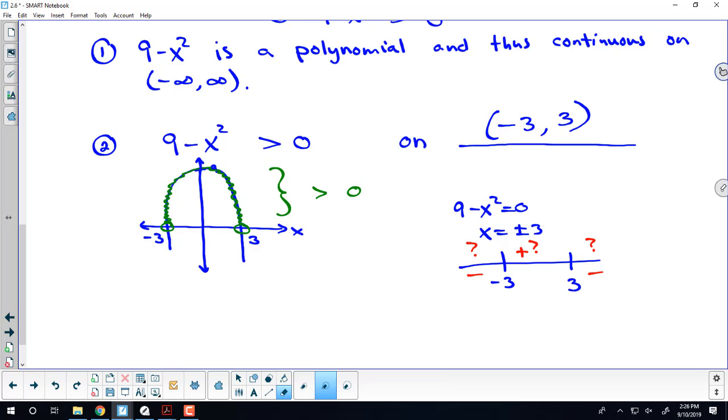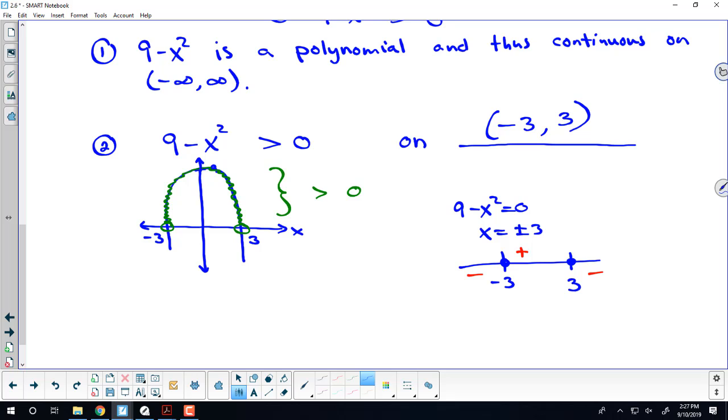So in effect, you're looking at the graph when you come up with that chart. I know here it's 0 and here it's 0. So it starts below, crosses, now it's above, crosses again, now it's below. That's exactly what we illustrate there with just the graph. Again, larger than 0, not larger than or equal to. So that's what Theorem